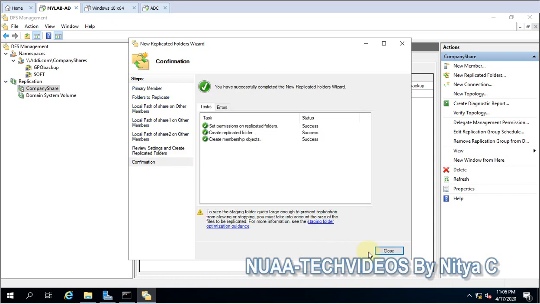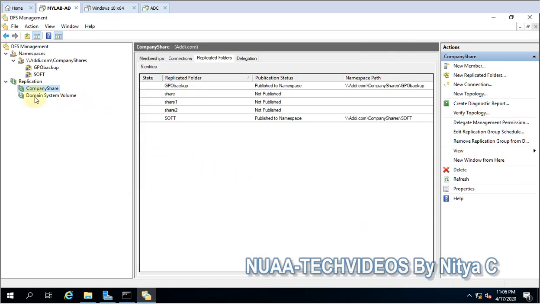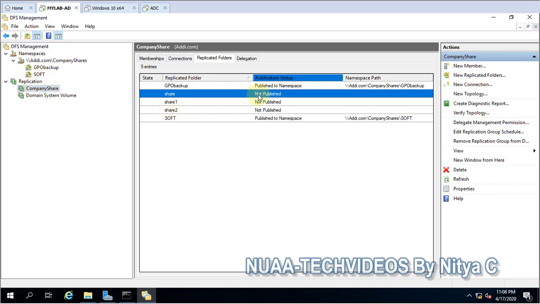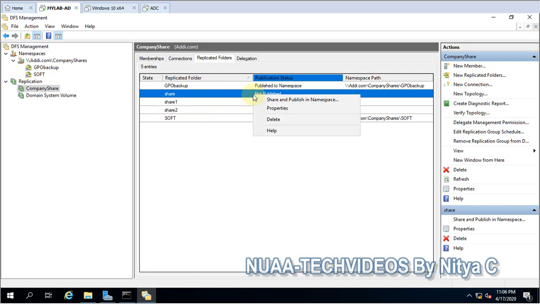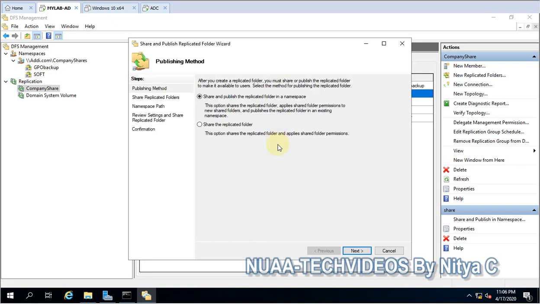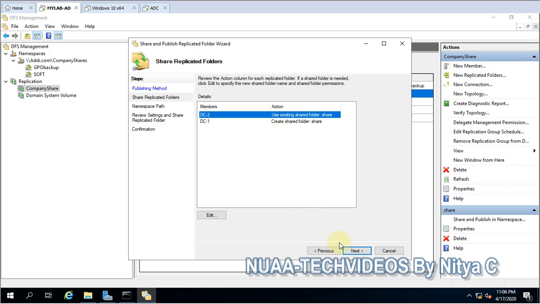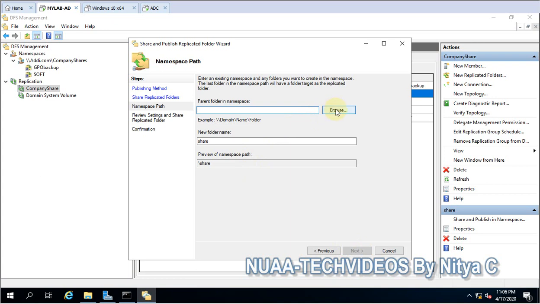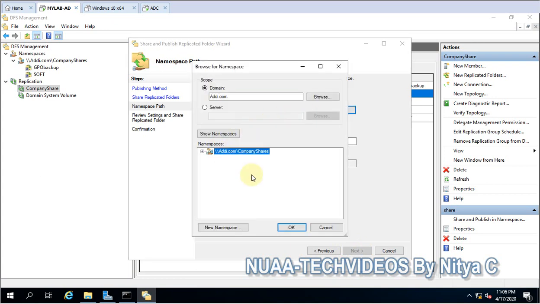And let's create the synchronization, it has already started, and let's add them in the replication as well. So not yet published, so let me publish share. Okay, so DC1 is the primary server. Okay, parent folder, this one, creating the share.